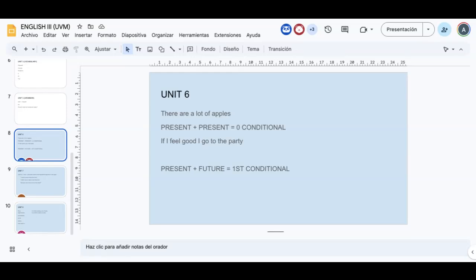That's the second conditional. If I won the lottery, I would buy a house, for example. If I won the lottery is the condition, and then I would buy a house is the result. Okay, and it is very unlikely to happen because in the first place I need to win the lottery. In this case, it is very unlikely that I win the lottery. So that's why I say if I won the lottery, and then of course if it is not possible that I win the lottery, if I